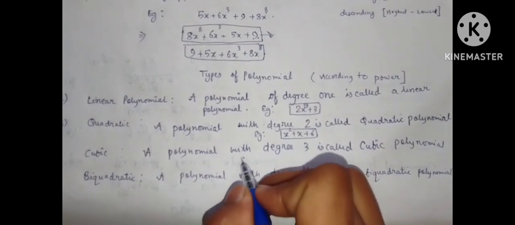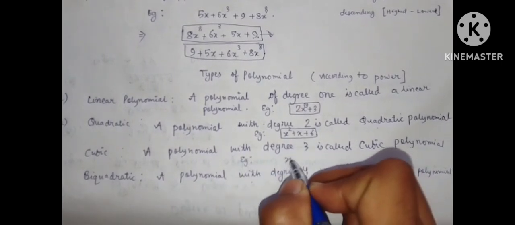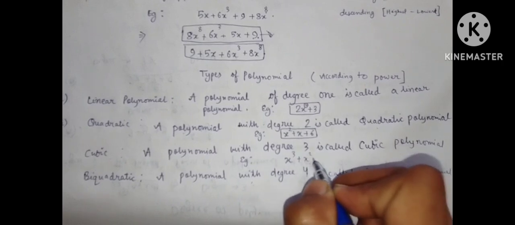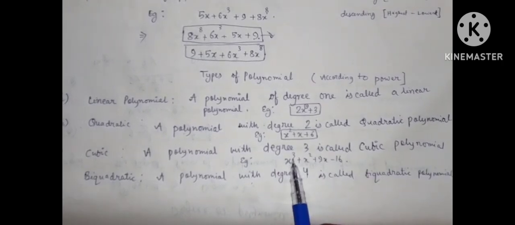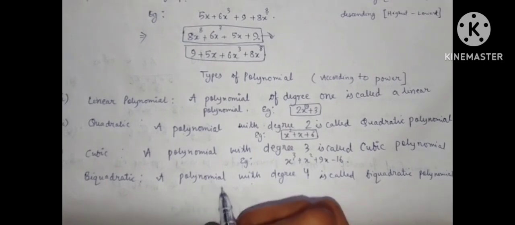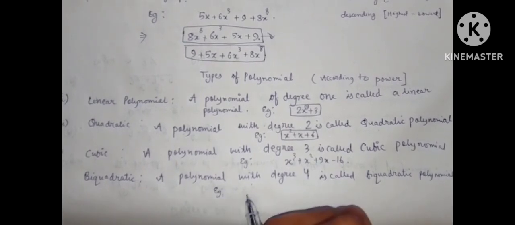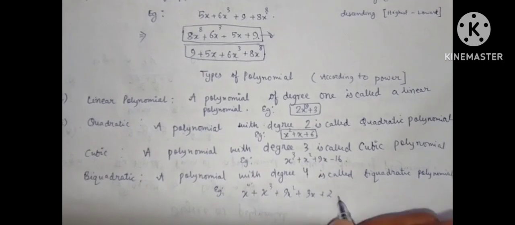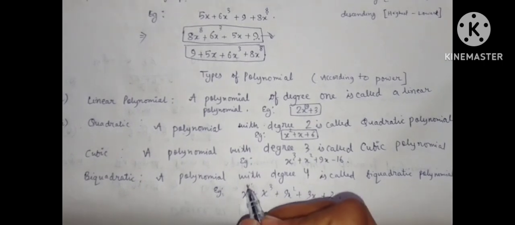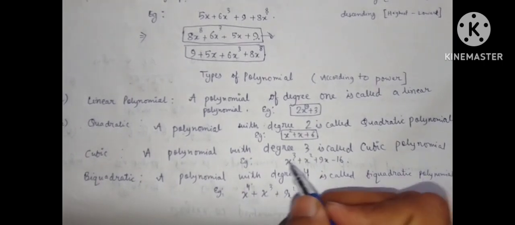And now an example of cubic, power 3: x cubed plus x squared plus 9x minus 16. Look at the power, the highest power here is 3, right? So it is a cubic polynomial. And for biquadratic polynomial, the example is x^4 plus x cubed plus 9x squared plus 3x plus 2. Since the highest power here is 4, right? So it is an example of